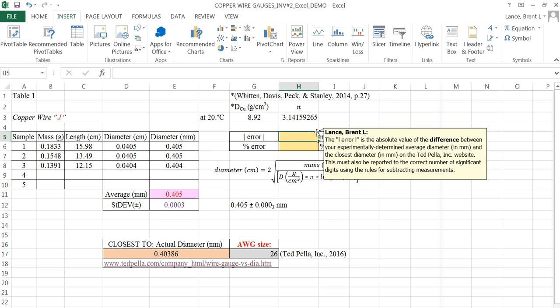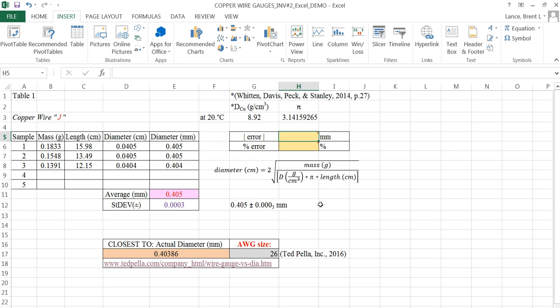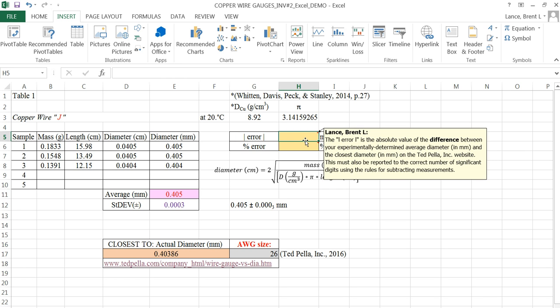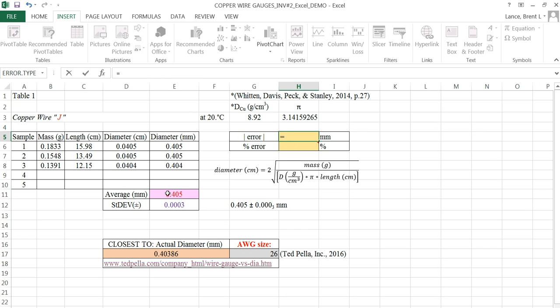You can see the absolute value of the error is the difference between your experimentally determined average diameter and the closest diameter from the Ted Palo website. Then you have to use sig figs when you do the subtraction, because that's what you're doing. Difference is subtraction. So this equals your 0.405 minus that, right? So you would type in equals ABS for absolute value, number, this minus this,